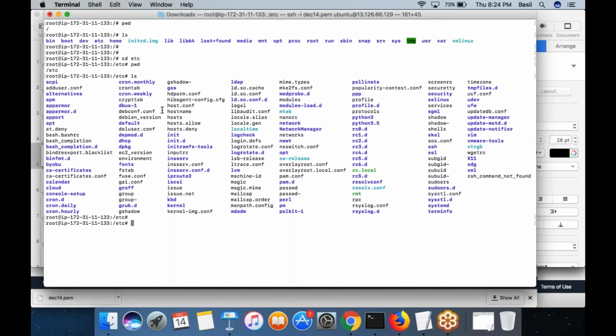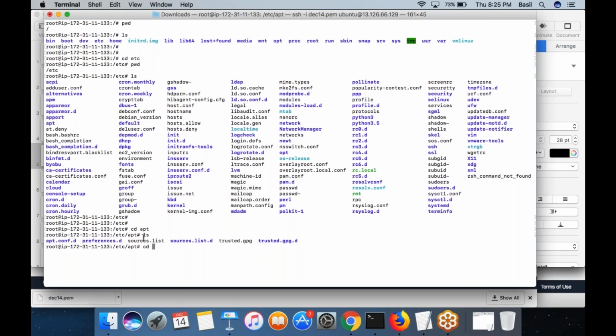Right, you can see there's a folder called apt. Let me go inside that folder. What command can I type? Again, I can type cd space apt. I will be taken to that folder. Now you type ls, you can see the content inside the apt folder. So this is how the folder hierarchy goes in Linux.